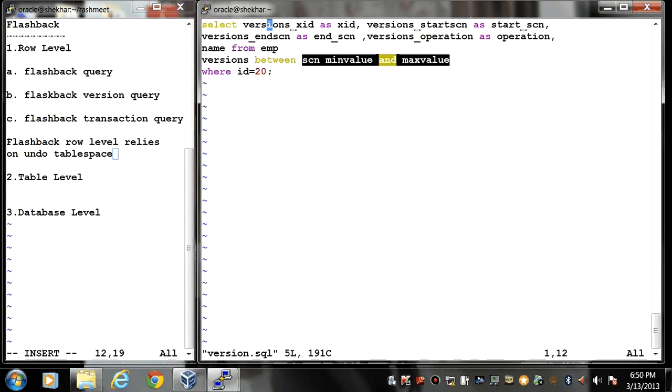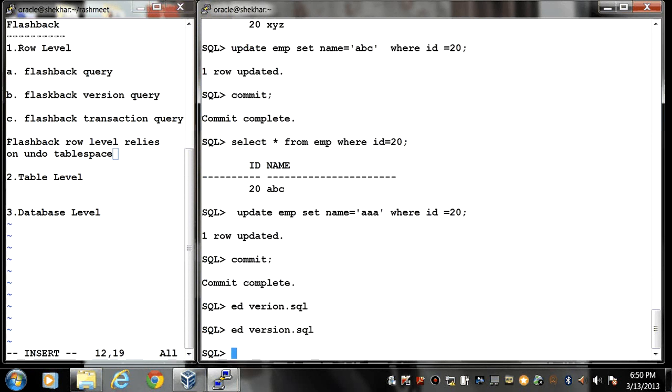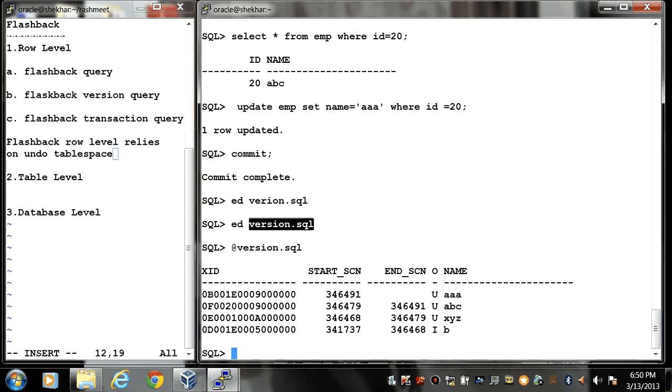So I want to see the total changes on a particular ID 20. Here is the output of this statement. Now here I can see that my latest value is AAA.